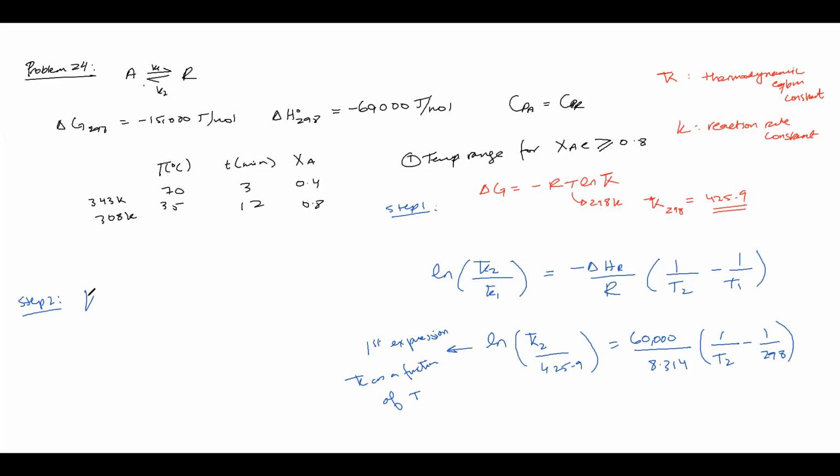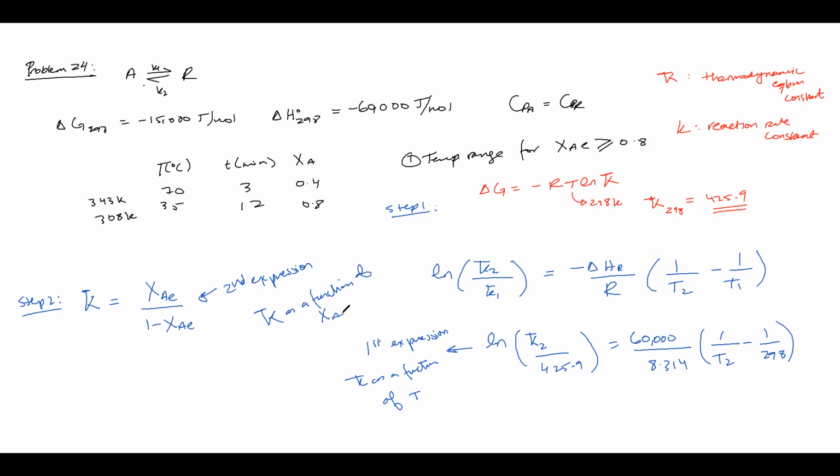So by definition, because it's a first order reversible reaction, K is equal to XA equilibrium over 1 minus XA equilibrium, right? And this becomes my second expression, which is K as a function